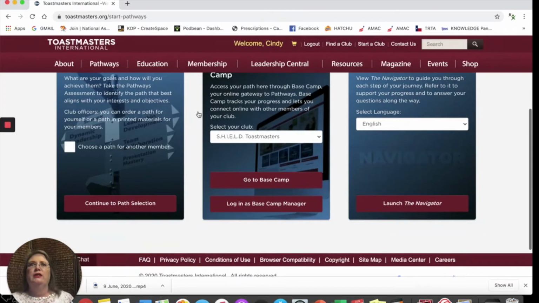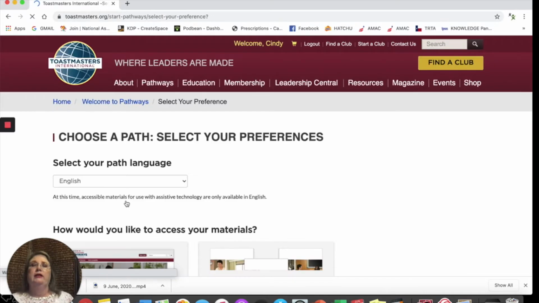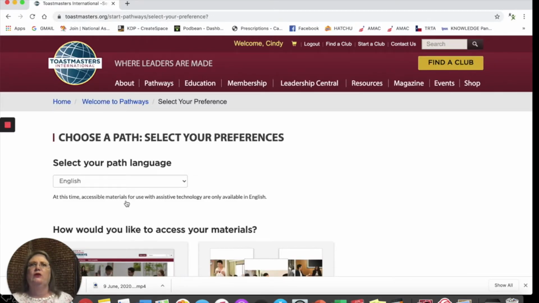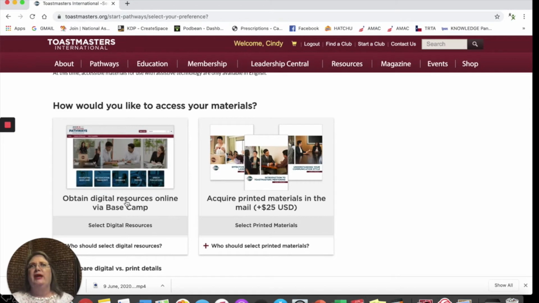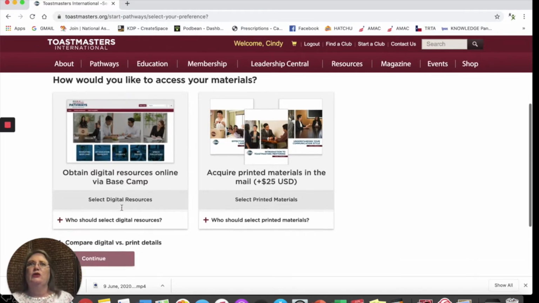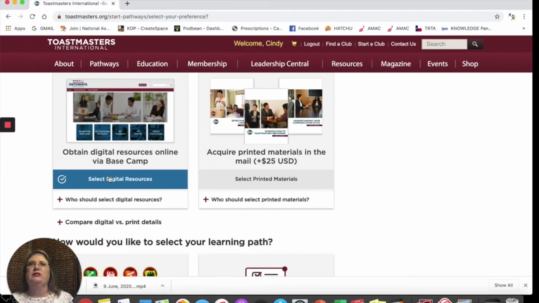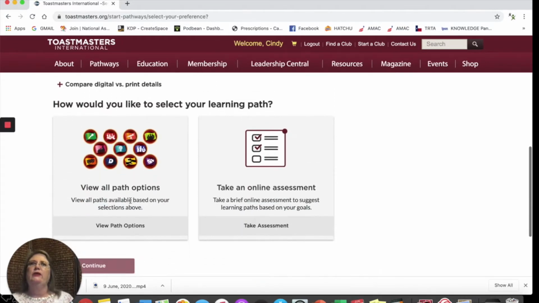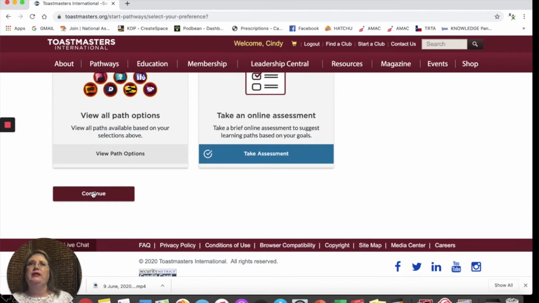First of all, they'll need to know if you would like to log in and take your courses online or have the materials mailed to you, printed materials. Let me advise you, the printed materials are an additional $25, so it is best to take the online digital resources. So in our case, we're going to select digital resources, and then it will ask us to take an online assessment. See where my cursor is moving? Finally, we can click on continue,